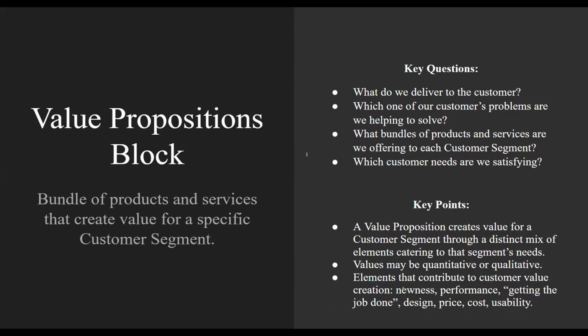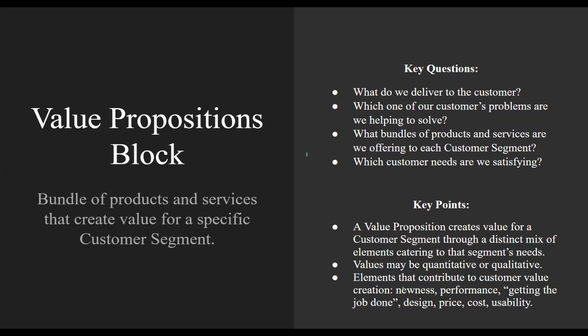What do you offer? And the second key question you should ask yourself while writing this part down is, which of your customers' problems are you solving through this solution that you are serving? It could be a product or it could be a service, as I said before. And it doesn't have to be one value proposition for one customer segment. You could write down several customers, and several products or services that you are offering to each of them to solve any problem that they have.